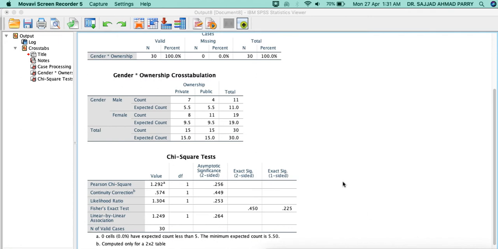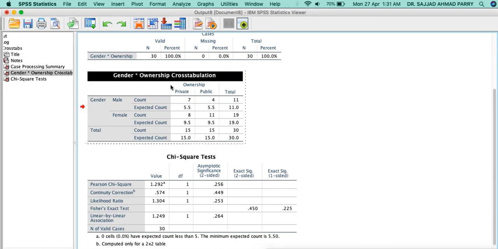Now see here, before I close for the time, we have here this table. We have male, female here, and private, public here. When I started this chi-square test, I told you you can take any variable in any box. Now see here, if we double click on this, you will get here format, pivot.